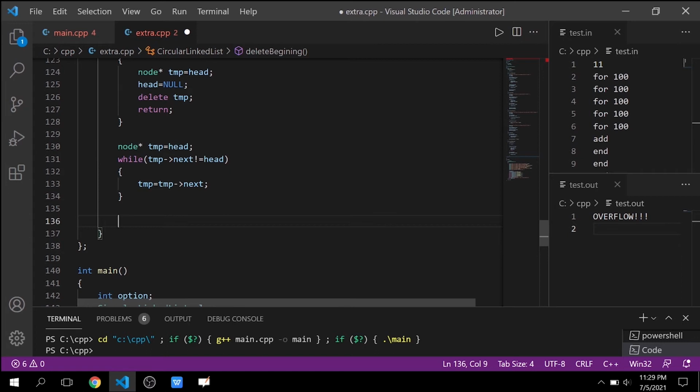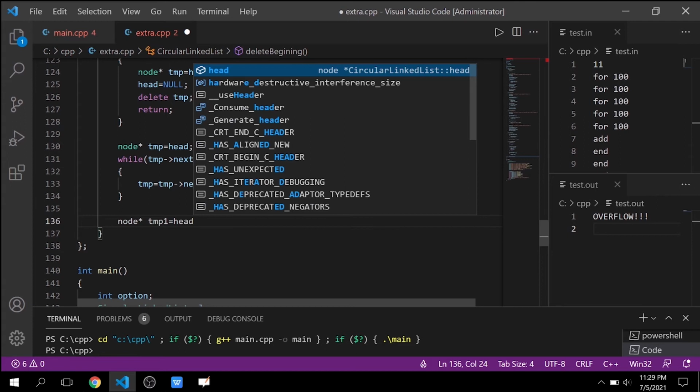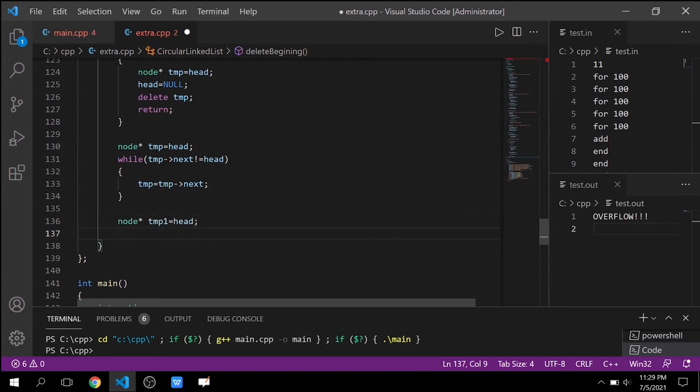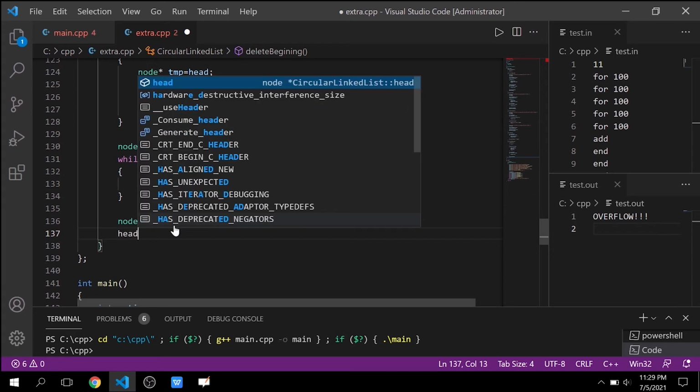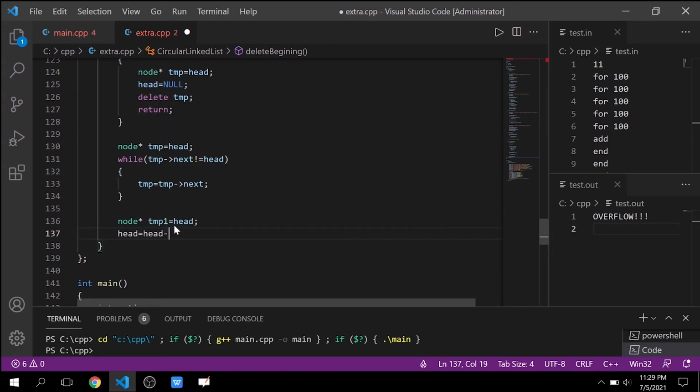We have to delete the first node, right? So for that we will make another temporary pointer to contain this node. Then we will change the direction of head to be pointing to the next node. So we will simply do that: head equals head of next.